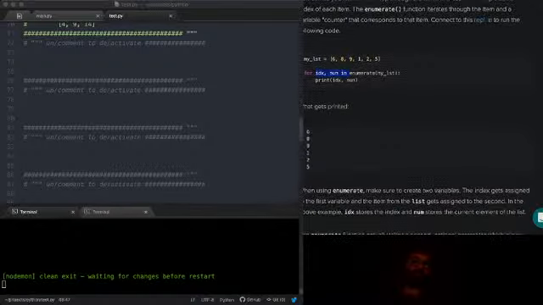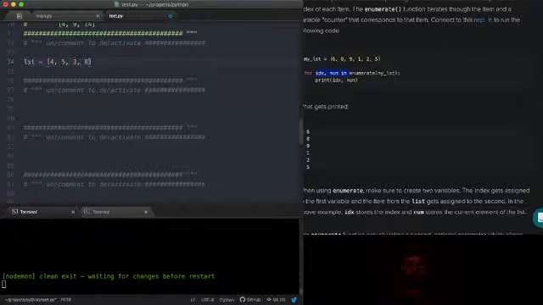So let's just look at an example here. I think this might be one of the challenges. Let's say I have a list of numbers, and I want to raise each number to the power of its index.